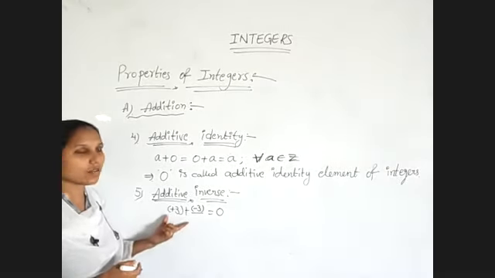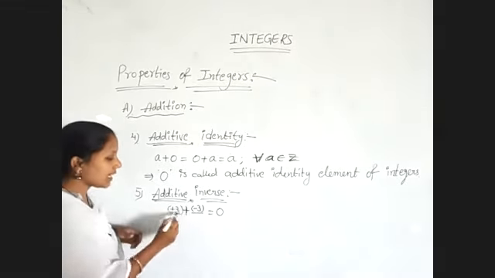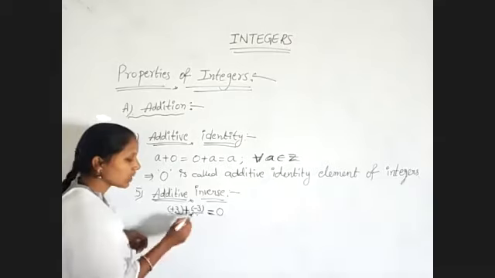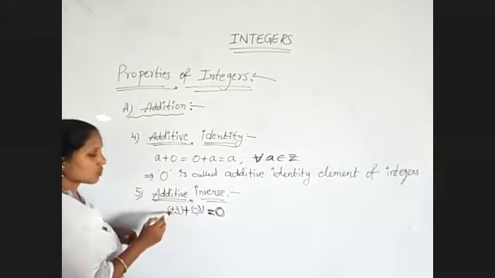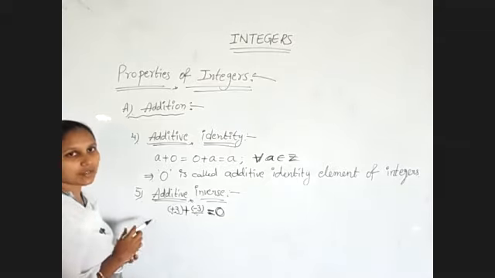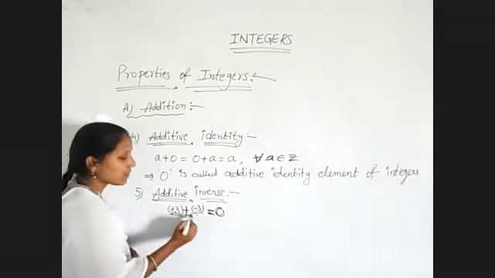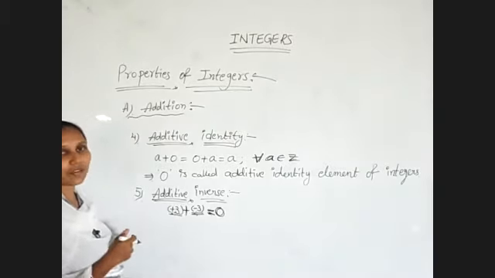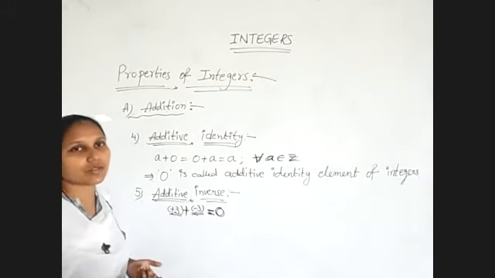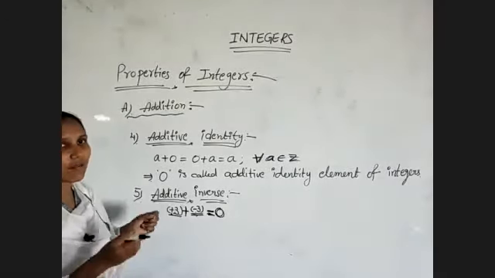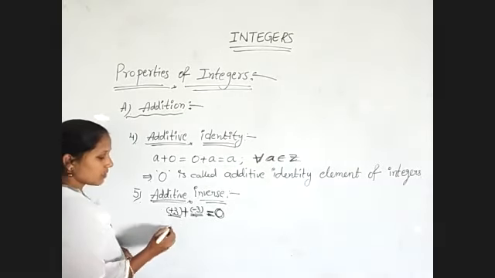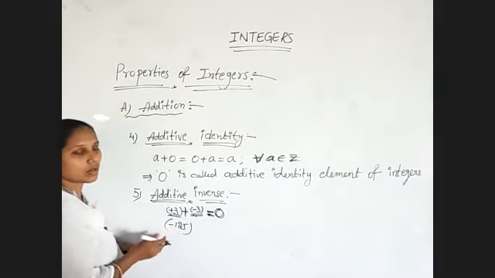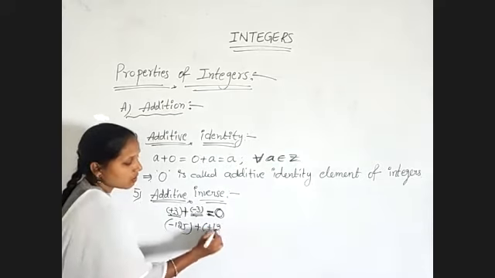So the statement for additive inverse is: if we add any two numbers and the result is 0, that is, if the sum of two numbers is 0, then those two numbers are said to be additive inverses of each other. Here +3 and -3 are additive inverses of each other. If I give -25, the additive inverse of -25 will be +25. We just have to change the sign, that's all. For suppose I have taken -125, by adding which number will I get the result 0? That is nothing but +125.